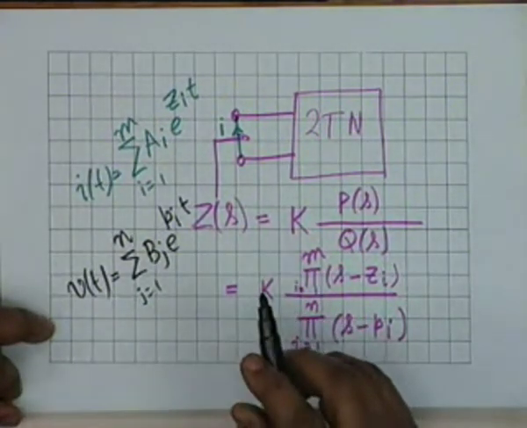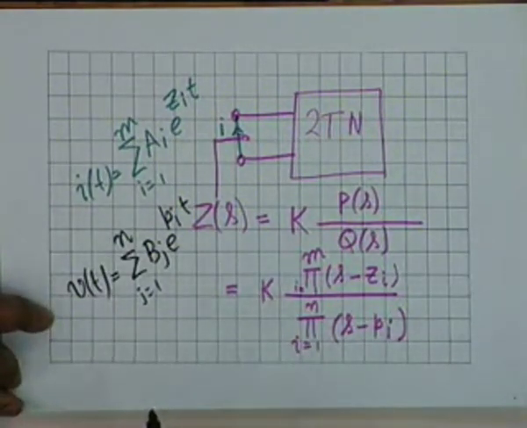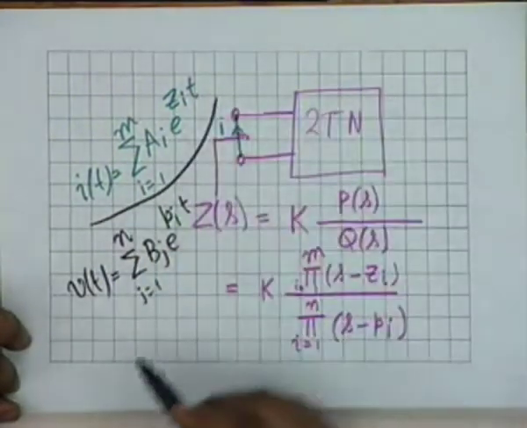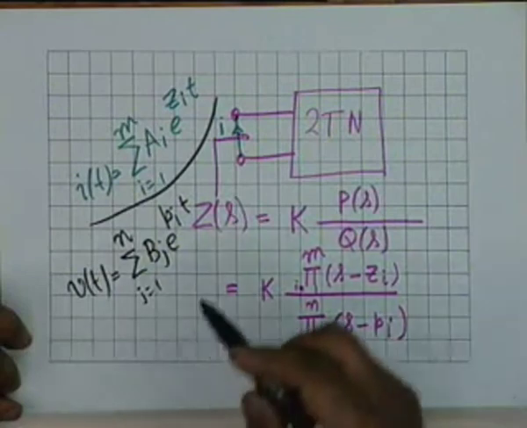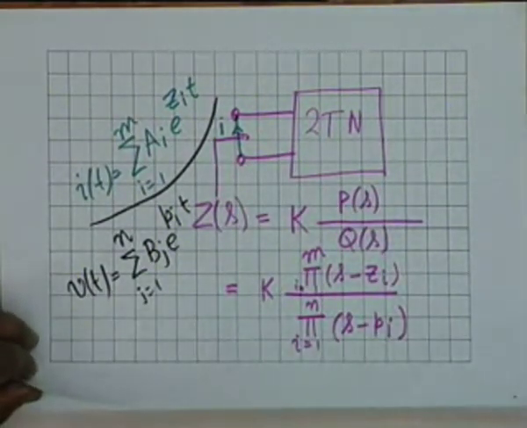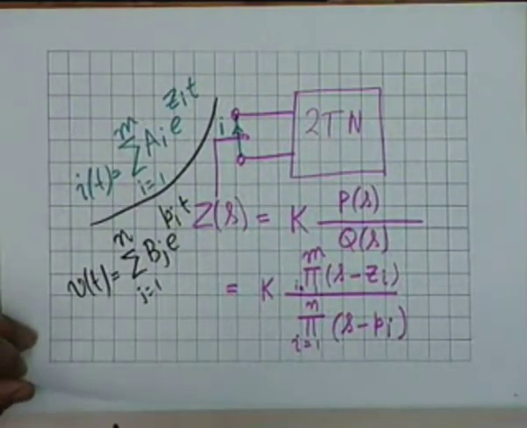But the point that I want to emphasize is that if you can find out the poles and zeros, the frequencies of natural response, either of voltage or of current, are immediately determined, and you can write down the form of the natural response immediately, where the constants have of course to be determined from the initial conditions. I repeat that if it is the current, then you will have to look at the impedance zeros. If it is the voltage, then you will have to look at the impedance poles.